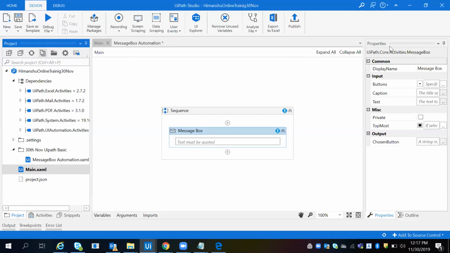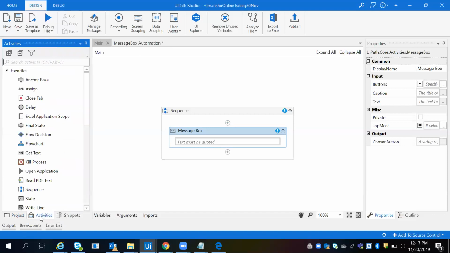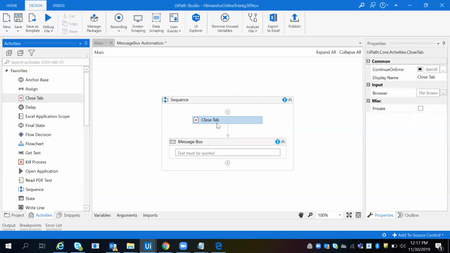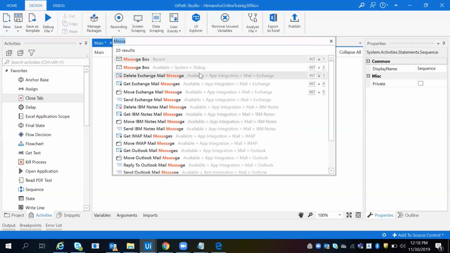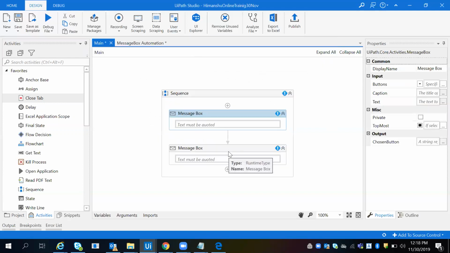Every time you create any project, we have to go inside the design panel and only play with activities, nothing else. If you ask how to take any activity, there are lots of ways. UiPath started in 2017, and at that time there was nothing like this, but now we have lots of ways. Either you can simply drag and drop any activity from here, this is the first way, or you can click on Add Activity and take any activity.